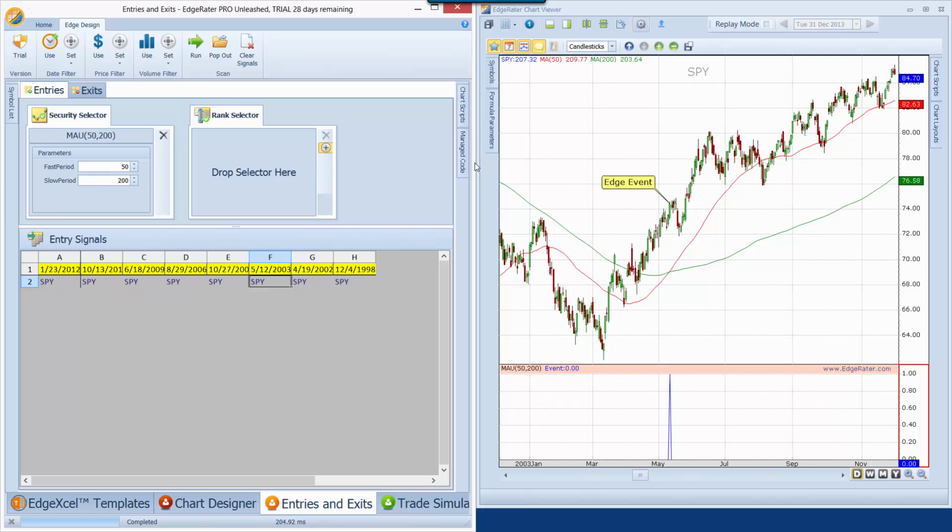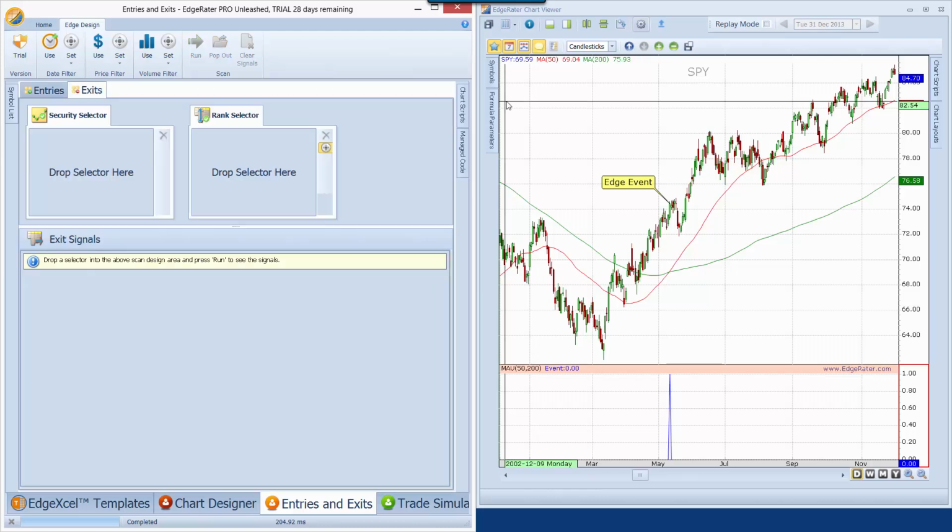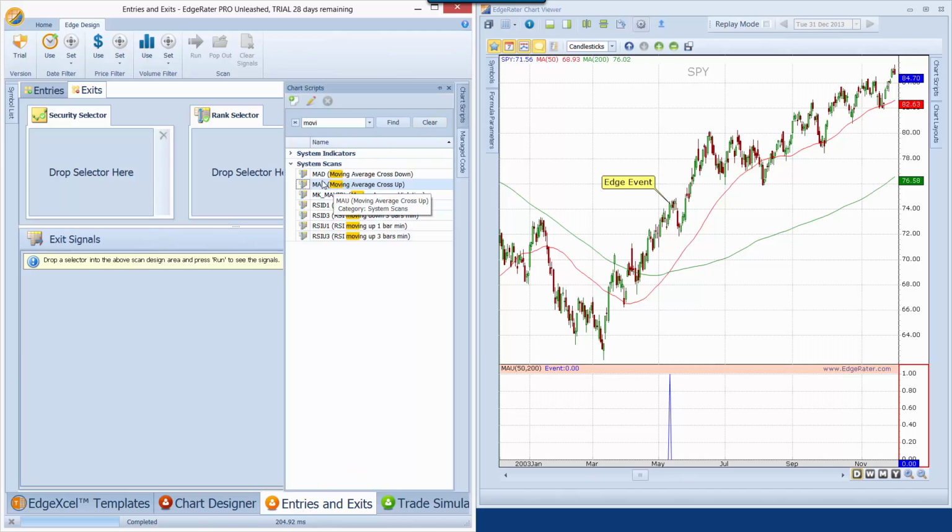So that's the entries. Let's go to the exit side. I'm going back over to EdgeRater and selecting the exits tab. The exit for this particular system would be moving average crossing down. And if you notice, the short code for moving average crossing up was MAU. The short code for moving average crossing down is MAD. So I'll select that, pop that over here, and we'll say again we're looking at a 50 and 200 cross, and I'll run